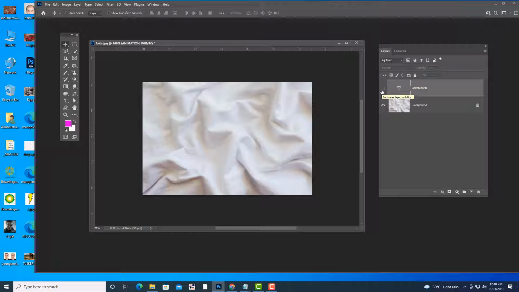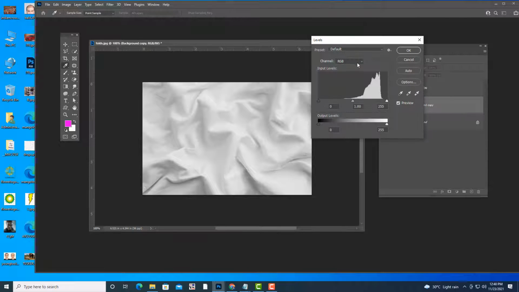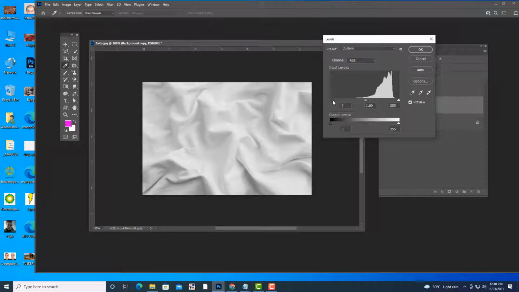So see here. Now what is the next thing we have to do? Same thing, we have to take a duplicate of this layer. How to take a duplicate? Control J, and again convert this to black and white, Control Shift U. And then we will add contrast, so Control L, and I am going to add a contrast to this.